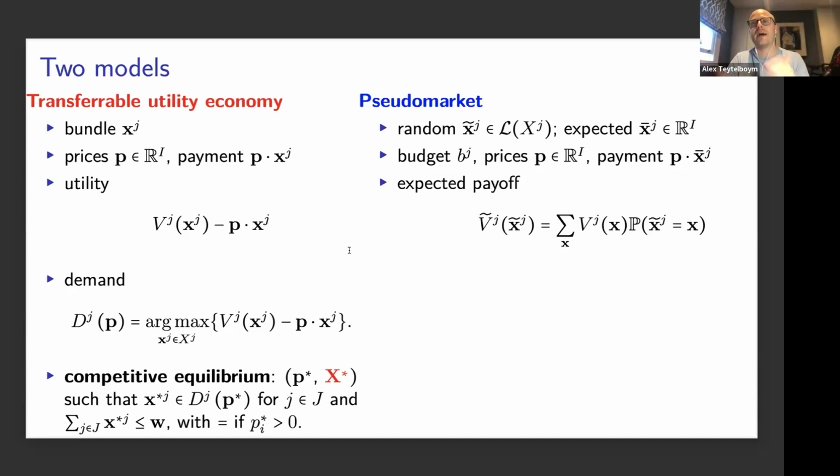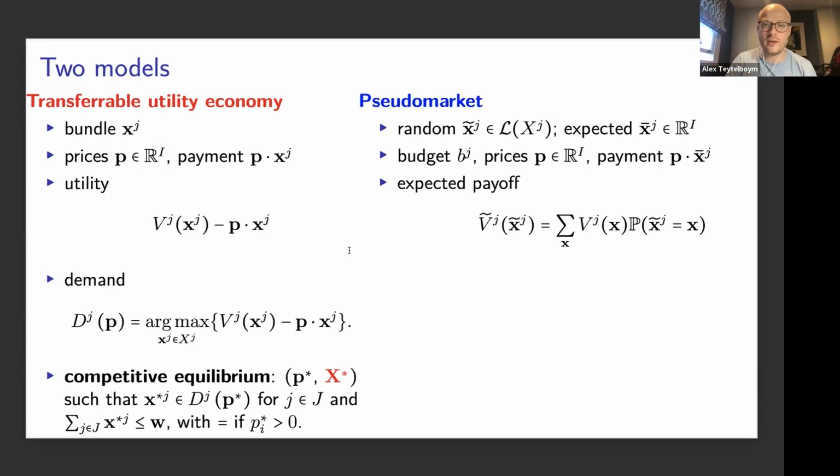So all they need to think about is the expected payoff that they get, right? So they're not risk averse or risk loving. So how do they do that? They basically say, okay, well, 50% I get an apple, 50% I get a banana. What is my valuation for the apple times the probability of getting the apple? What is my valuation of the banana times the probability of a banana? Aggregate these up. This gives you your expected